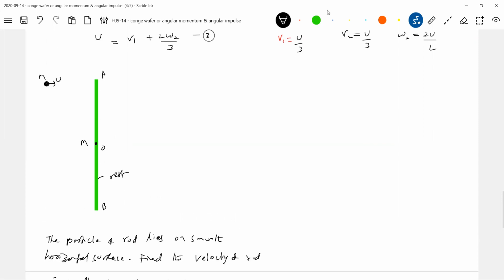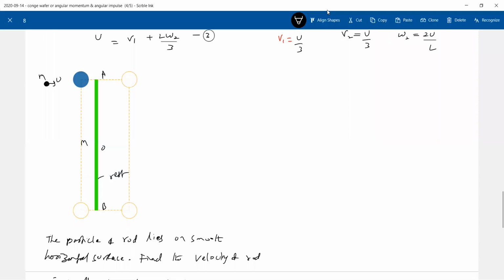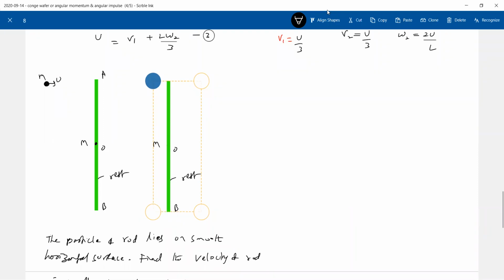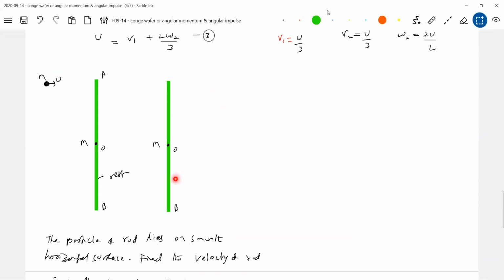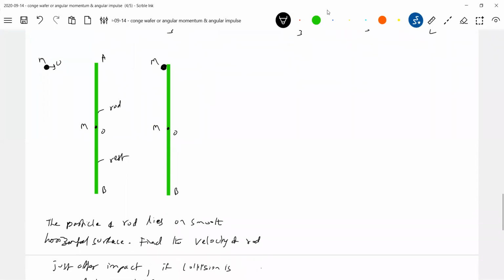Now what will happen to the particle? It'll come and will get stuck to the rod. Okay, now work out this. I'll give some time, 1-2 minutes. Earlier it was the elastic collision, no? So what will happen now in this case? It will get stuck to it. Mass of the rod is m, mass of the particle is also m. Length of the rod, you can write equal to L.